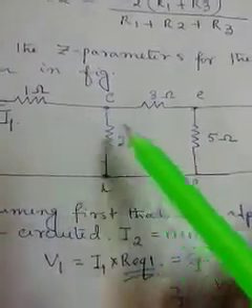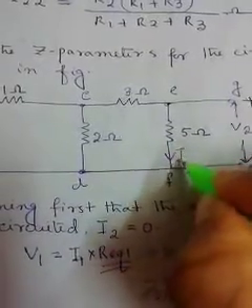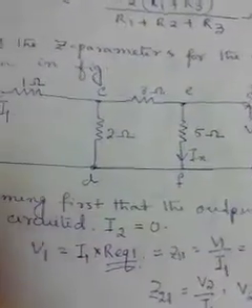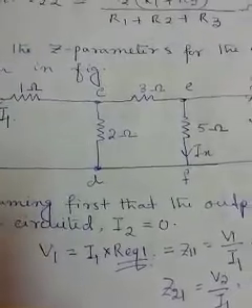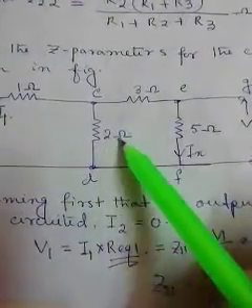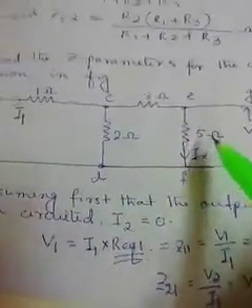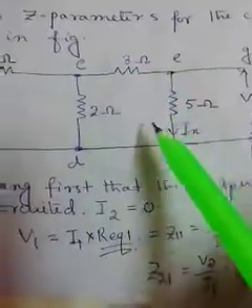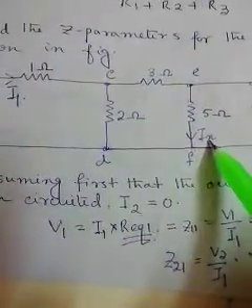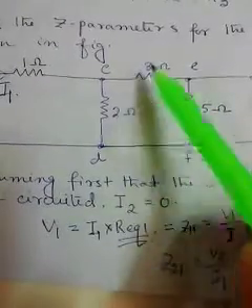So how do we calculate the current here? If we write it as Ix, then Ix should be equal to the total current I1 into the opposite resistance 2 divided by the summation of these 3, because Ix is carried not only by the 5 ohm, it is also carried by this 3 ohm. So the value of Ix should be equal to I1 into 2 by 2 plus 3 plus 5.